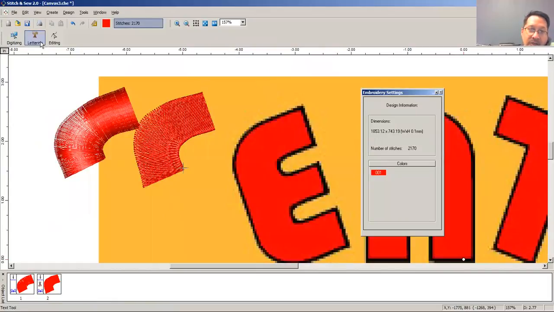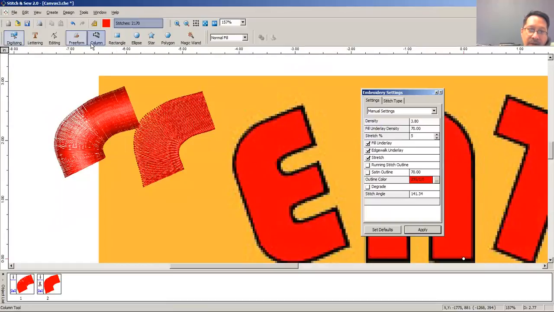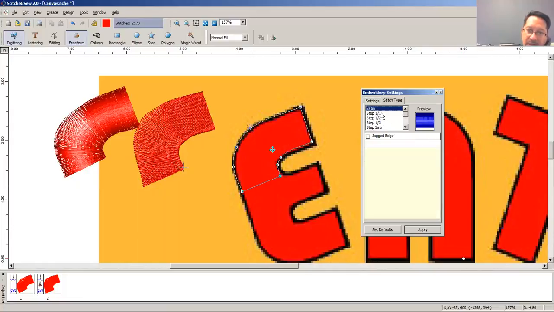Instead of using the column tool, which we've been using this whole time to create it, we're going to use the freeform tool, and we'll trace the edges a lot like the way we did it with the column tool. And again, I'm just doing one part of the letter. But instead, I'm going to, of course, fill it in. This is going to be a step